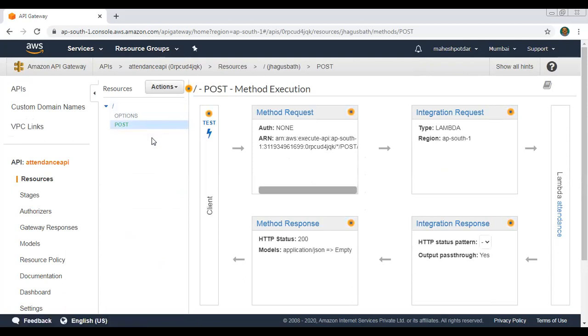After creating the post service, I have already deployed this particular post web service. I have connected this service with Lambda. So we have already integrated this service with Lambda, and I have hosted this particular service.